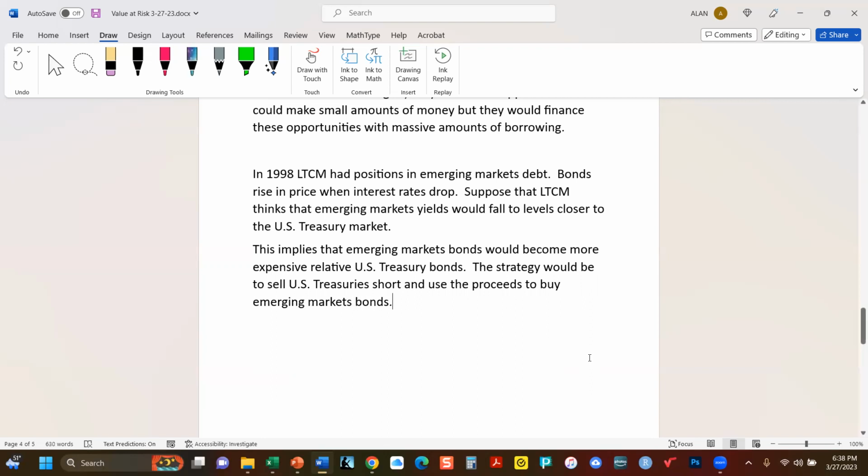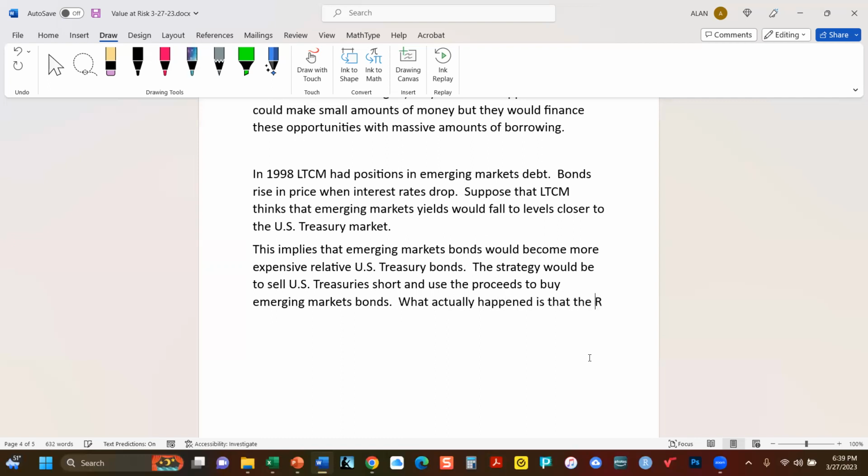But the short sales are where the borrowing comes in. They're basically selling off these bonds that they don't own. So in other words, they have to borrow them and then sell them and then promise to buy them back. Anyway, so what actually happened